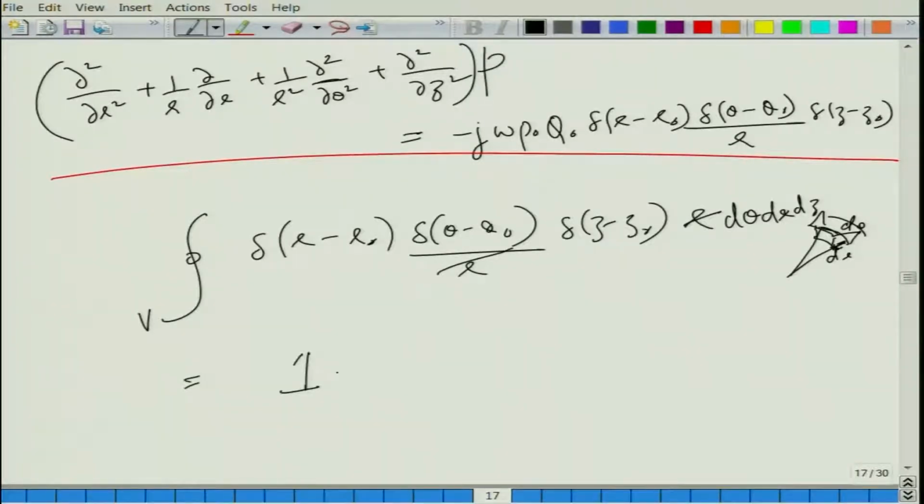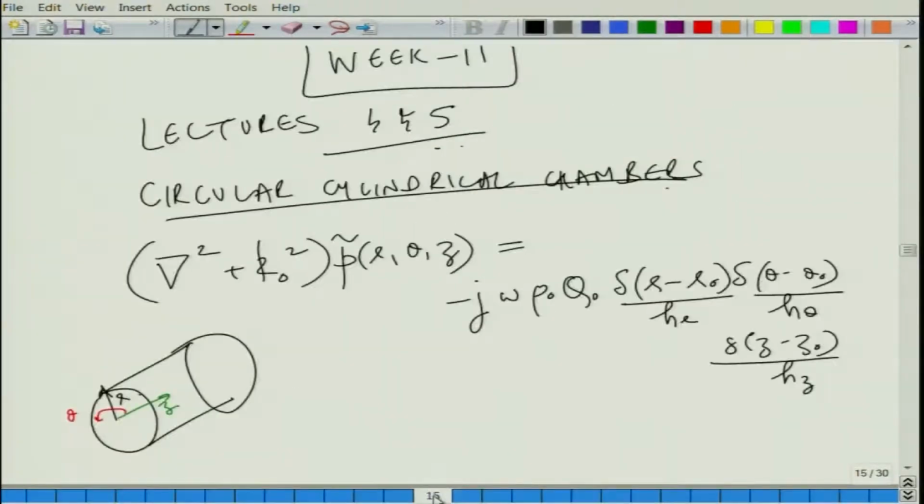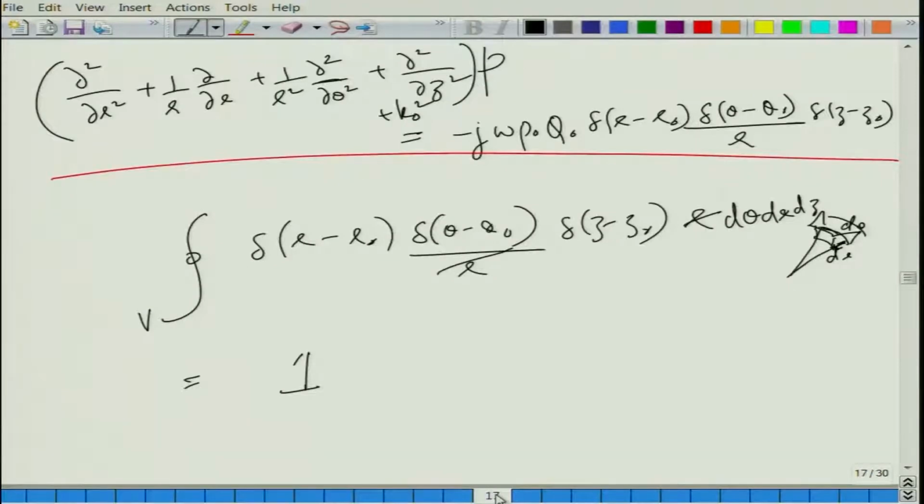So, basically the idea is that this representation is consistent with the definitions of the Dirac delta function. Of course, I forgot a term here, that is k naught square, I am sorry for that. So, k naught square, the wave number, is obviously there. If you recall our discussions in the week 2 lecture, for simplicity let us set q naught to 0, and incidentally, if you have a piston driven